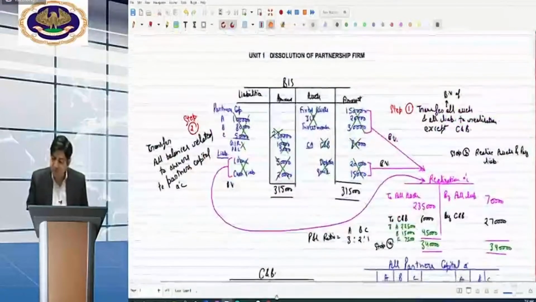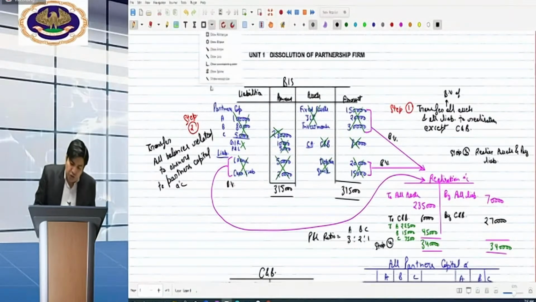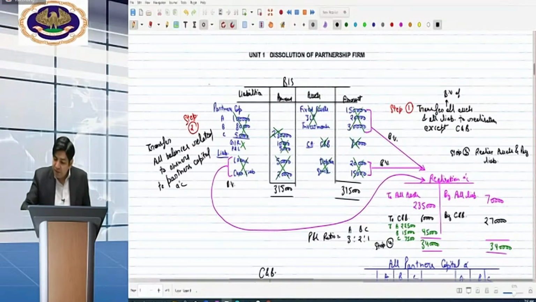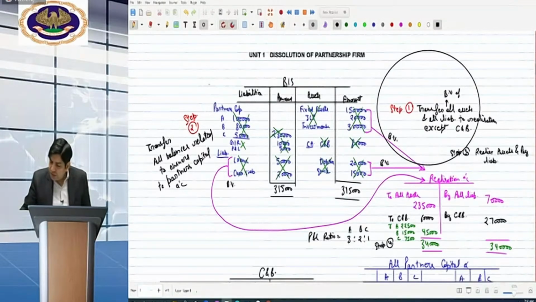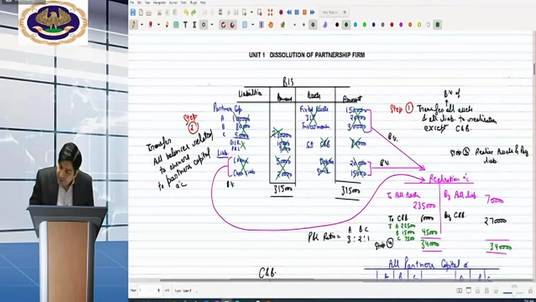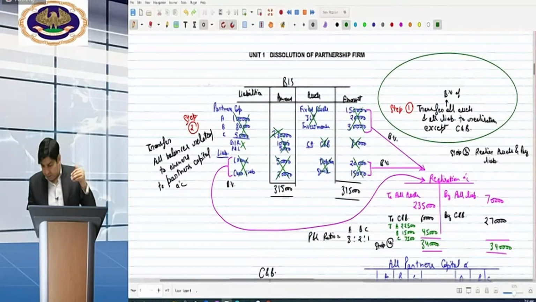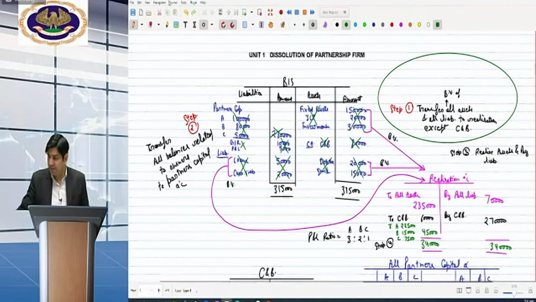Step number 1, what were the steps? You will find the balance sheet, and beta, wait a minute, I will answer each and every question of yours. But first we have to revise the earlier class, so that those students who are coming to us for the first time can also get benefit. And those who have already revised will get more benefit. Anyways, step number first, what is that?